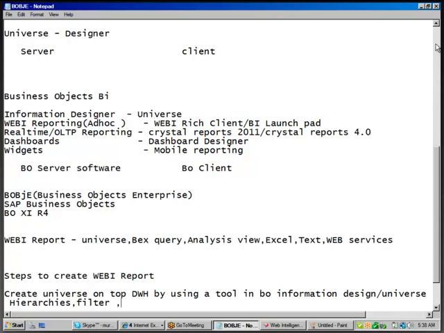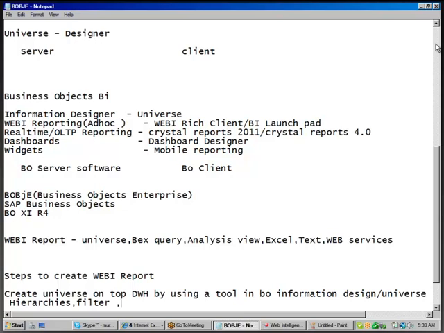Very next step. For example, in my data warehouse, employee name is presented as first name and last name. But in my 10 reports, my customer is asking to display it as full name.